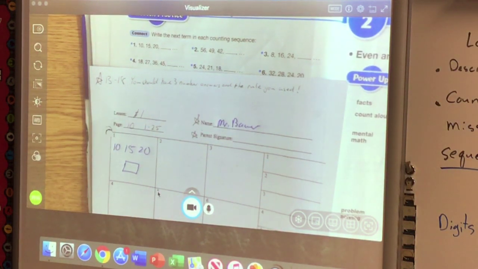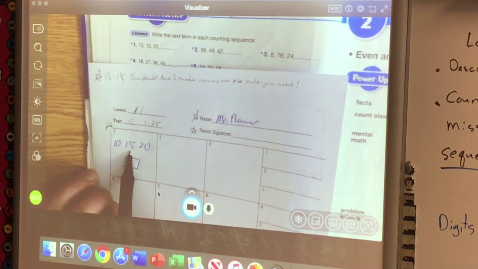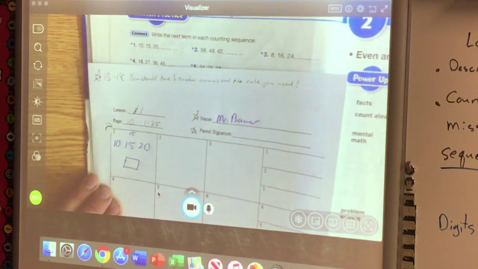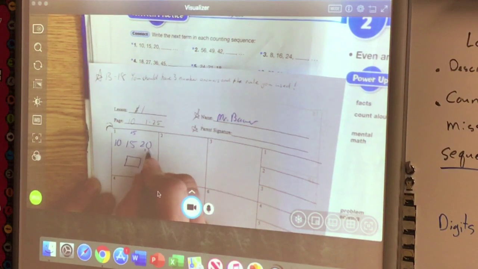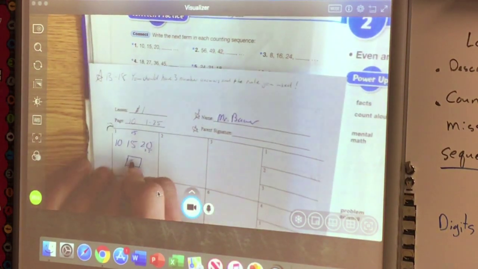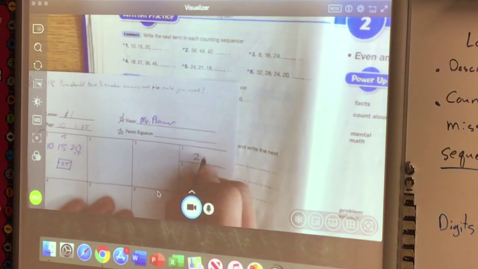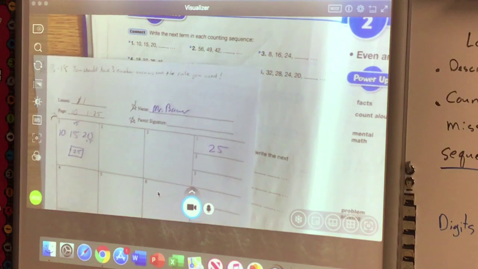10, 15, 20. Let's ask ourselves the question, am I going up or am I going down? Obviously, we're going up. All right, well, how do you get from 10 to 15? Hopefully, you all said go up by 5. So I'm going to put plus 5 there. My last term was 20, so I'm going to go 20 plus 5. 20 plus 5 is 25. That's my answer. Goes in my answer key, nice and neat. I like to write it fairly big just to fill the box. Number 2,